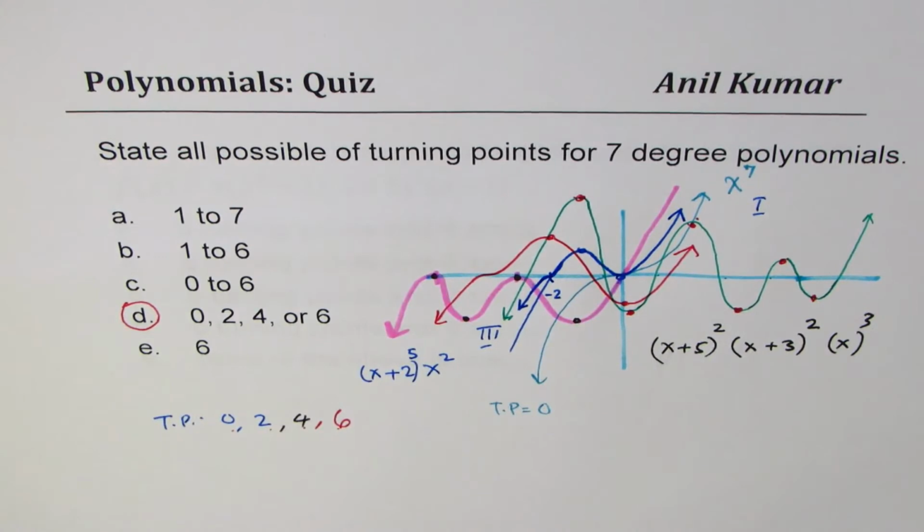They are from 0 to n minus 1. Even numbers. Perfect. Now let's move on to the next